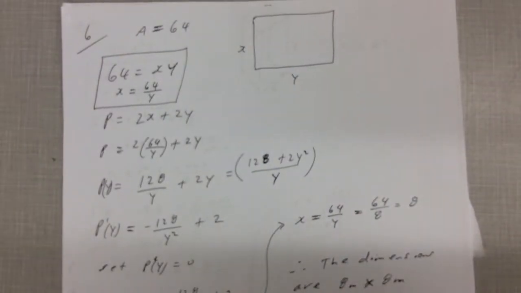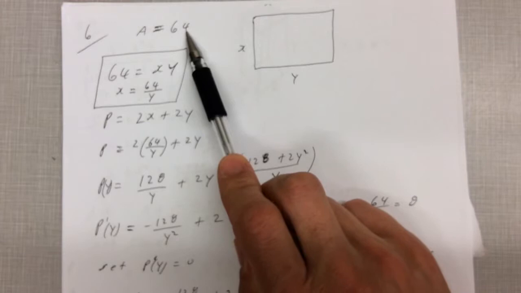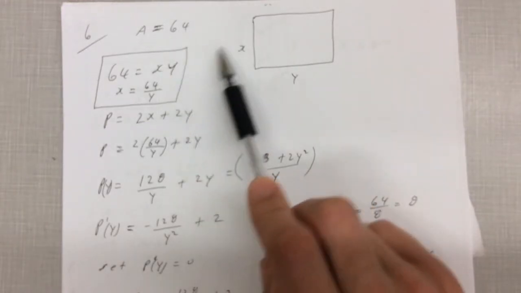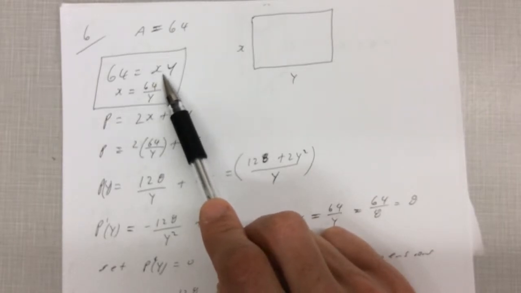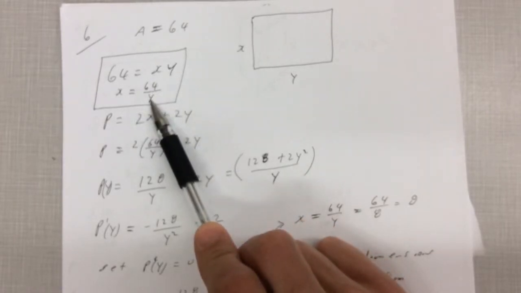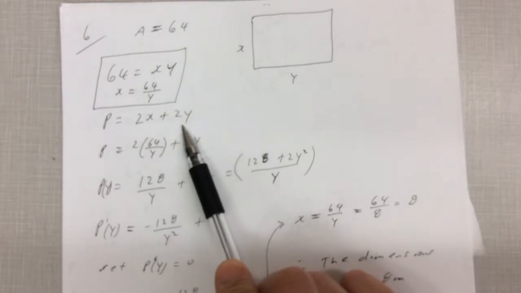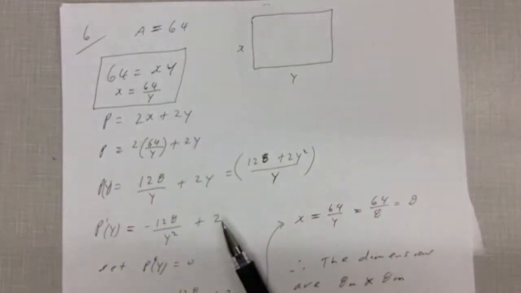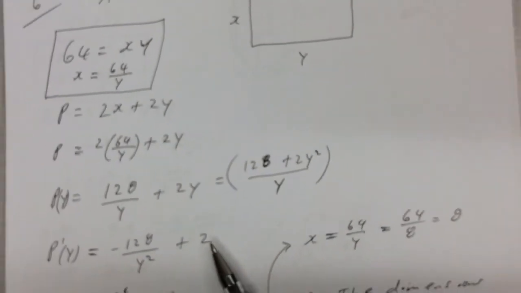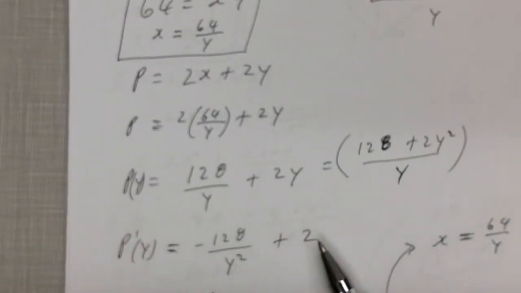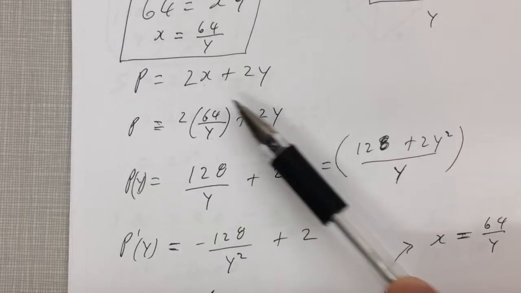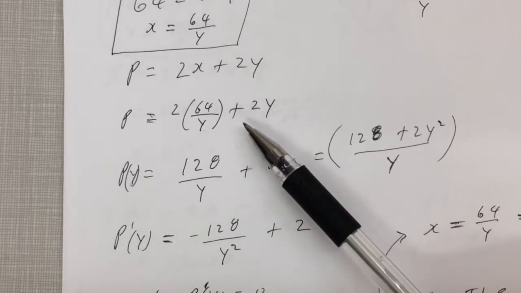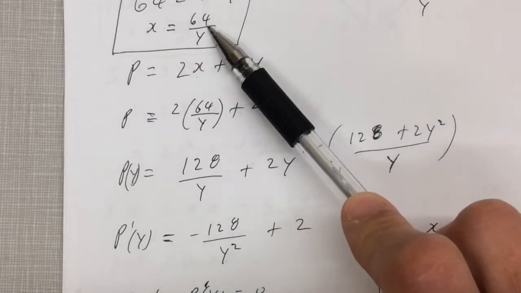Okay, so this is a rectangle. So here's a solution for this. The area is 64, so we've got that. Area equals x times y. So x is going to be 64 over y. The perimeter is 2x plus 2y. This is fairly straightforward so far. You know the perimeter formula, and we're going to substitute in the expression for x here,